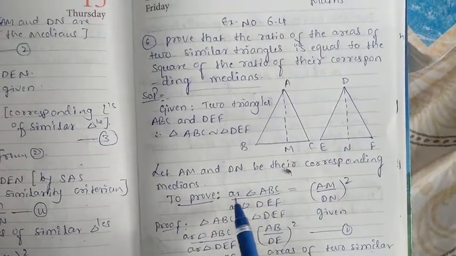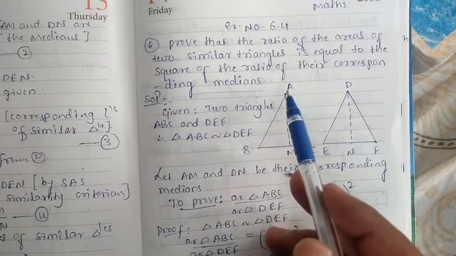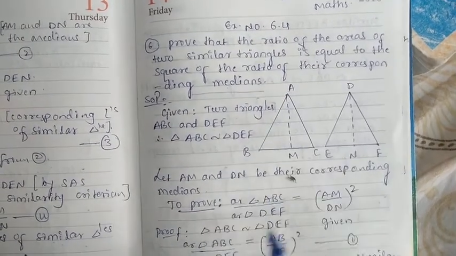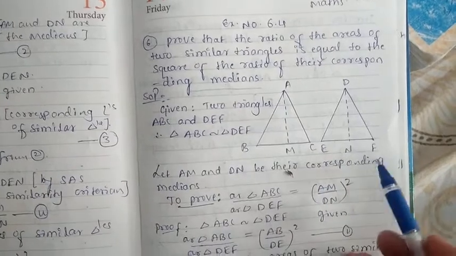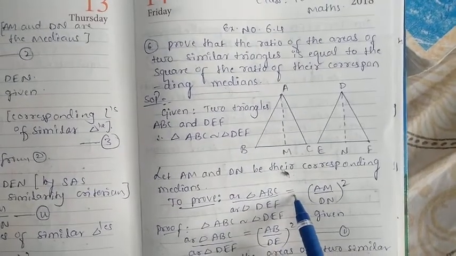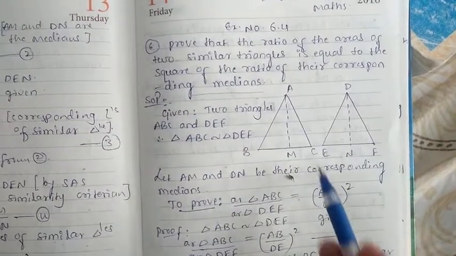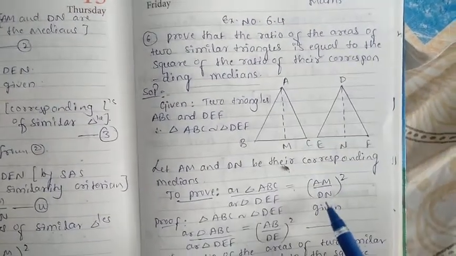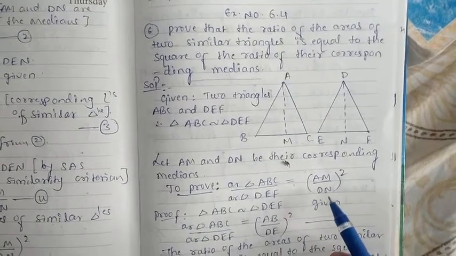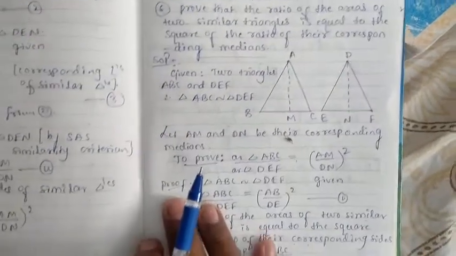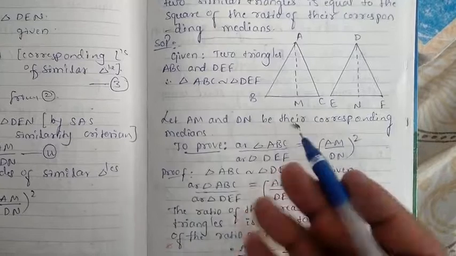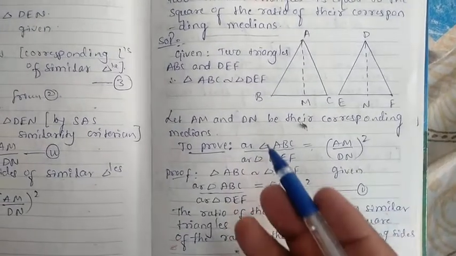So we have to prove that area of triangle ABC divided by area of triangle DEF is equal to the square of the ratio of their medians, that means (AM divided by DN) whole square. Correct, children? It is the same method, simple. You can prove it by using the basic proportionality theorem, or in the last class we have seen one important theorem,